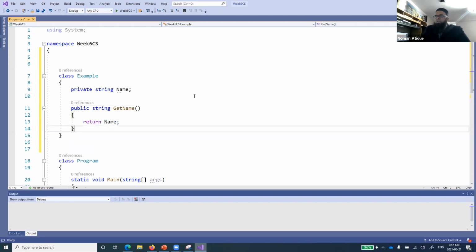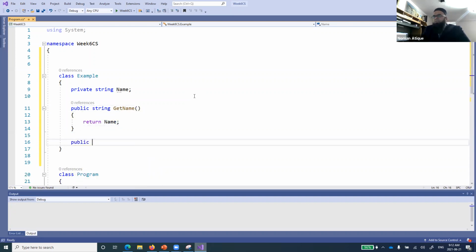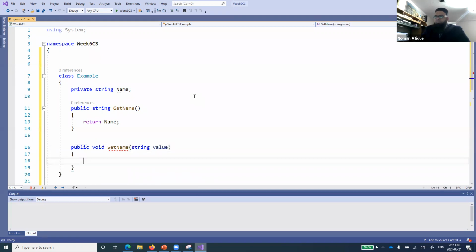And public void set name, string value, and name equal to value.